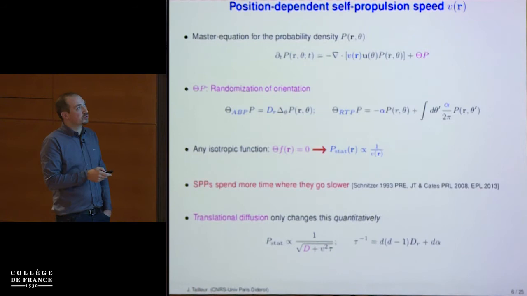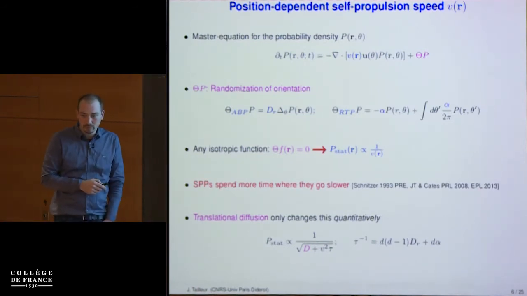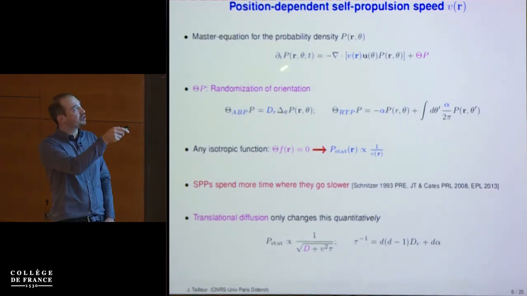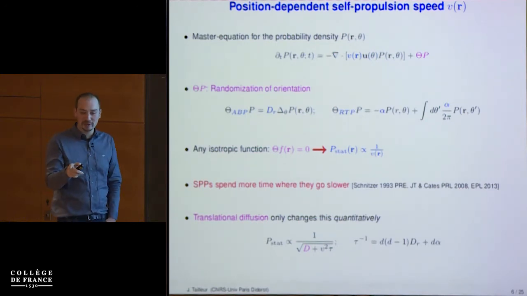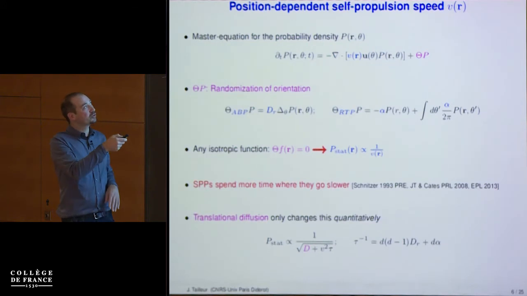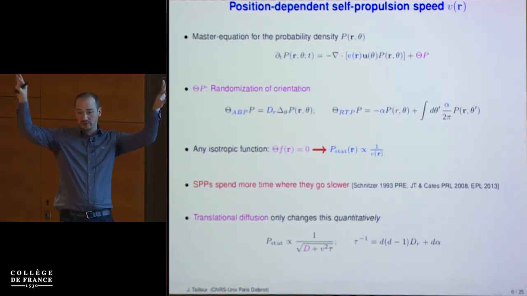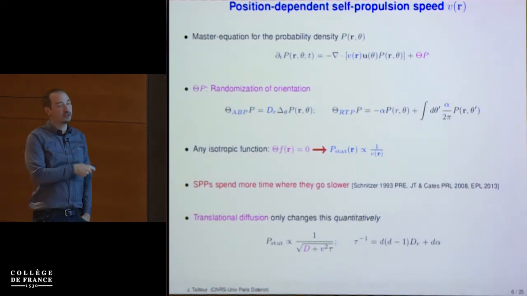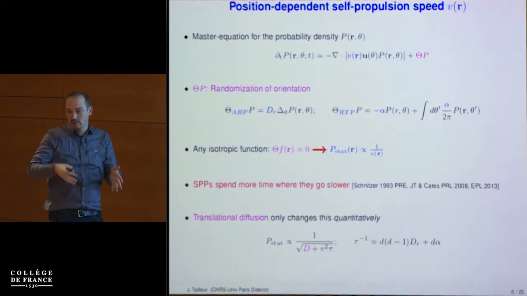Now, that's, of course, a result you derive from a simple, yes? Is it possible to normalize the probability? Yeah, you just put a constant on top. This is a linear equation. So if you multiply by any constant, you normalize the probability. And okay, I see your point. So if you want it to converge to a steady state, you would need to select a v of r that confines your particles. So if, for instance, you have v which is homogeneous in infinite space, you don't have a steady state. If you're in a box, then you're fine.